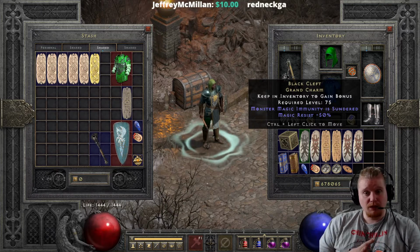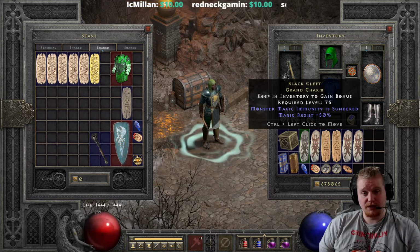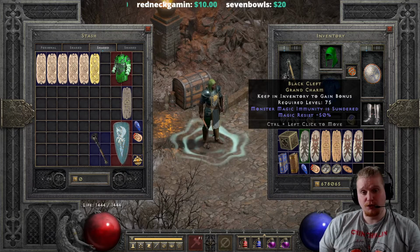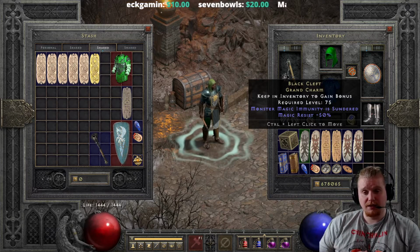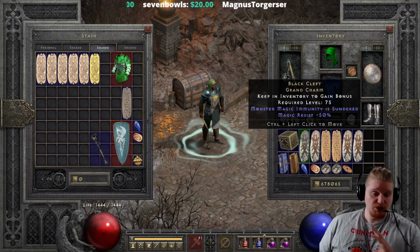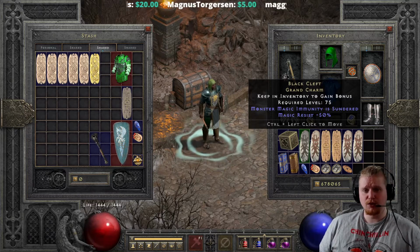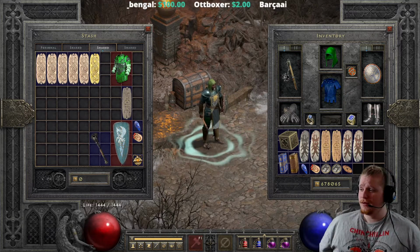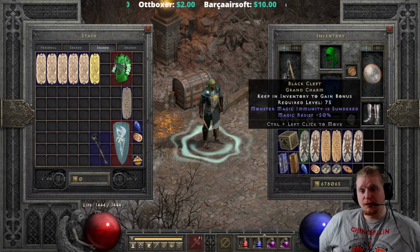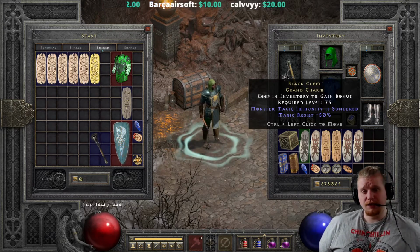And number 3, which I think is the most important one, and the one that actually does make this charm mildly useful in a certain circumstance, is the magic immune monsters that appear inside of Uber Tristram. We have tested it, and the immunities are broken on the magic immune monsters, or rather, just the unbreakable immune monsters in general, in the Uber Tristram zone. Now, this means, of course, that one very good use for this is to enable the Hammerdin to be able to kill some of those monsters that they weren't able to kill before, and they had to use alternate specs